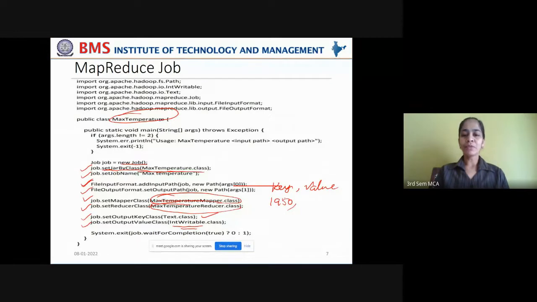Now in this case, for value, it represents a numeric value because that is the air temperature, say 111 degrees or minus 11 degrees or 50 degrees Celsius. Okay, this is the air temperature that is recorded.